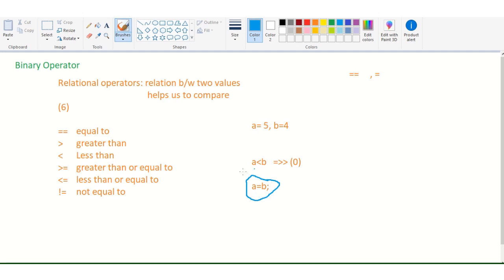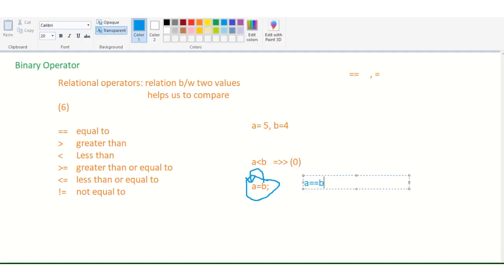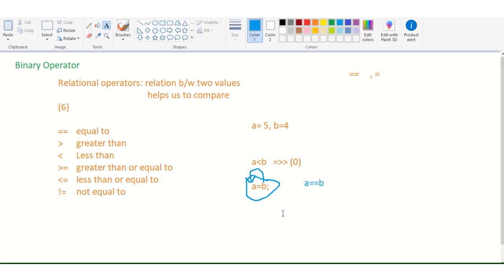If I write this, this is the replacing, because B is assigned to A. The value of B is being assigned to A here. This is the assignment operator. But if I write A is equal to B with the comparison operator, then this is comparing, right? If I use this first and then this, then the result will be true. But if I use only 5 and 4, then the result will be 0, right? Clear? Now you are clear?